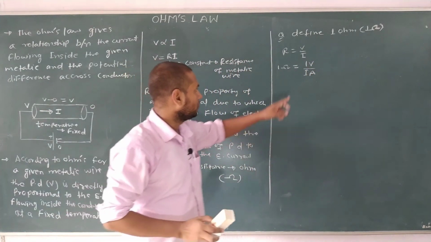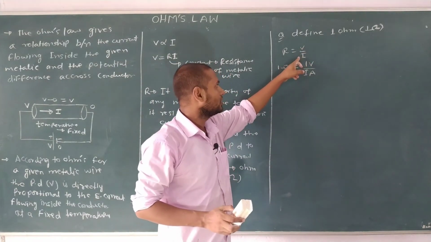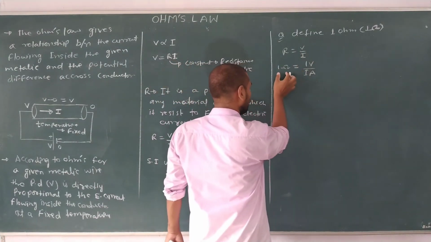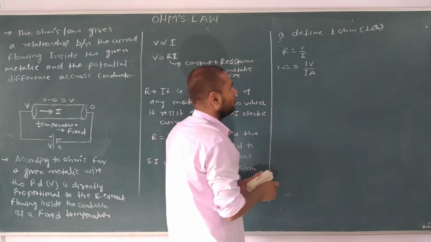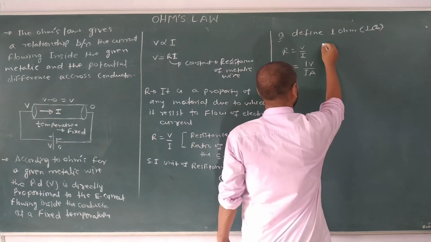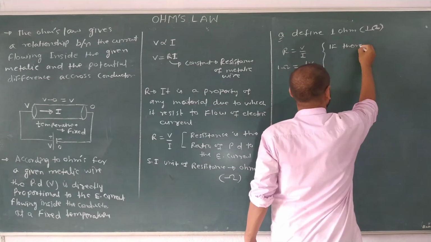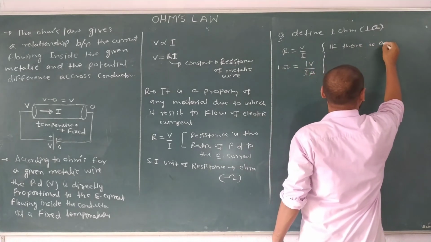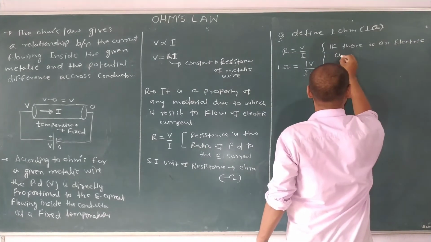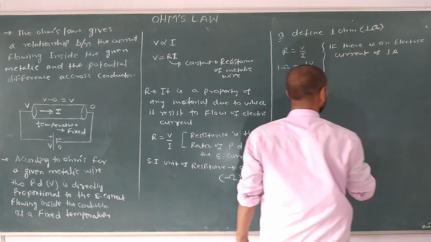I hope you are able to follow this one. The volt is the SI unit of potential difference, whereas the ampere is the SI unit of electric current. So 1 ohm is defined as the ratio of 1 volt to 1 ampere, or you can write that if there is an electric current of 1 ampere